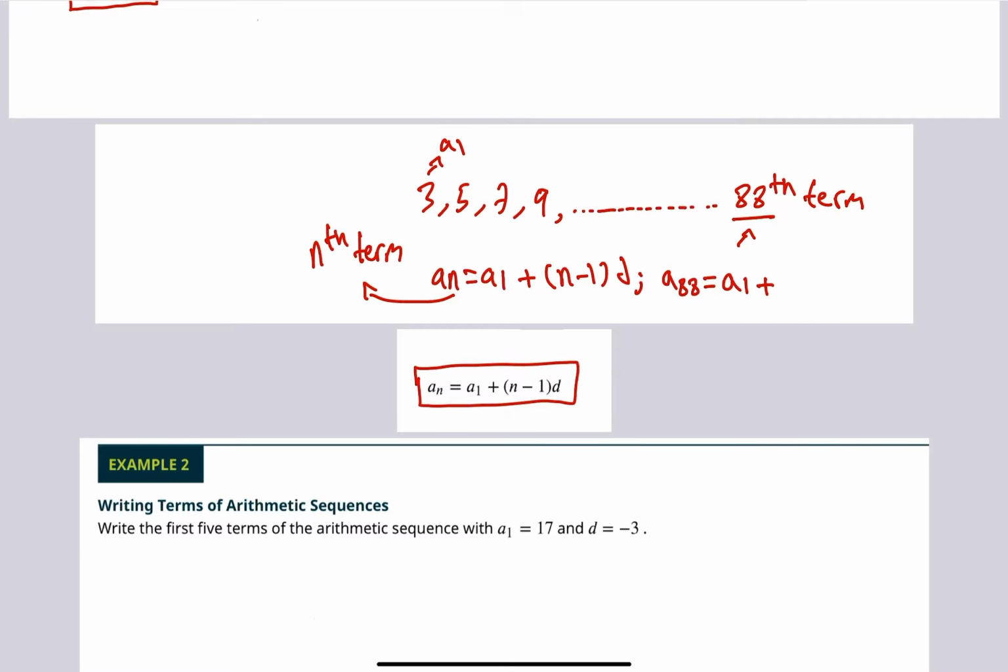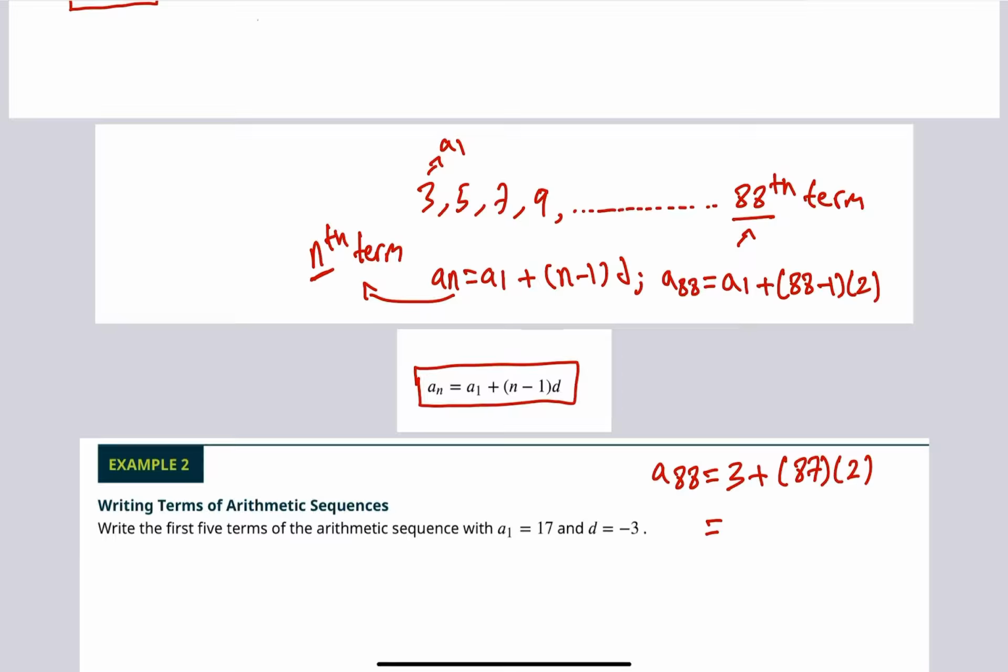plus, well, what is n? Remember, n equals 88, right? So now I have 88 minus 1. What's the difference? d stands for difference. 5 minus 3 equals 2, right? So what do I have? I have A88. I'm going to write it down here, which equals A1, which is 3, plus, well, 88 minus 1, which is just 87, multiplied by 2,